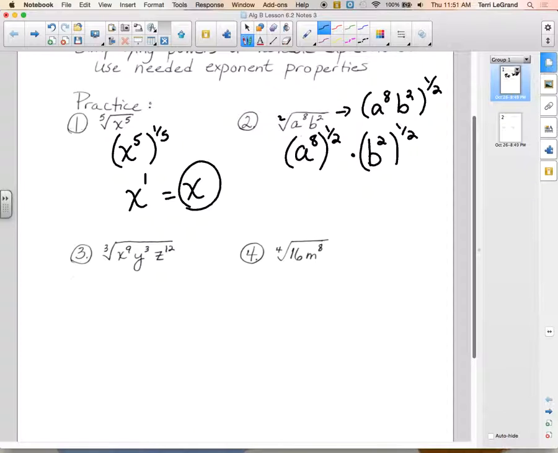A to the 16th power? Okay, so we have to take 8 times 1/2, not 8 times 2. What's half of 8, Mia? 4. It's a to the 4th. We multiply 8 times 1/2, or take half of 8, that's 4, times,